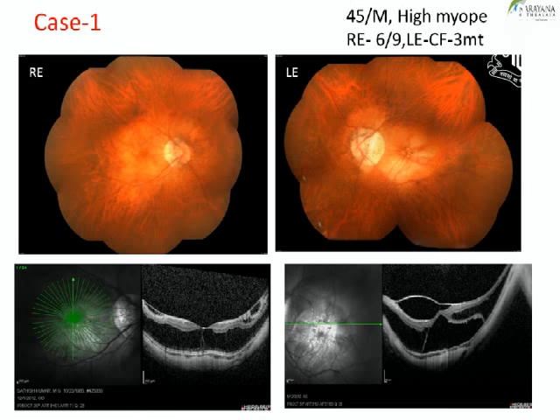These are a couple of cases that I will show. This is case 1, the right eye. The right eye just shows the foveoschisis and a premacular structure, and the left eye has a premacular structure with foveal detachment. The patient's vision in the right was 6/9, left eye was 3 meters. Many times you will be surprised that with foveoschisis the patient could also have good vision. So just the presence of retinoschisis should not tell you to go ahead and operate. In this case, because of the foveal detachment, the vision was less, and the patient said that recently the vision has come down. So I gave the option of surgery to this patient.